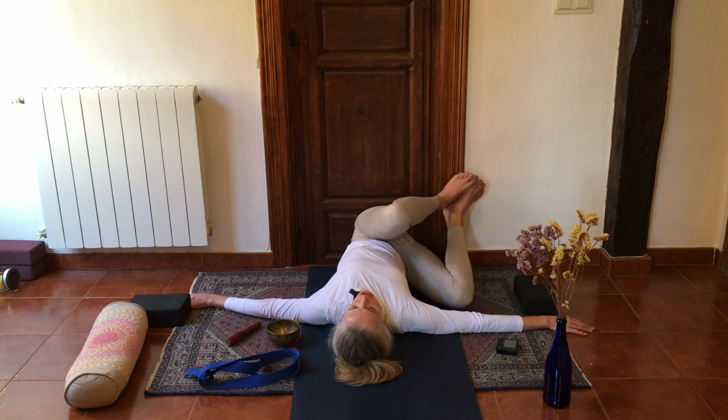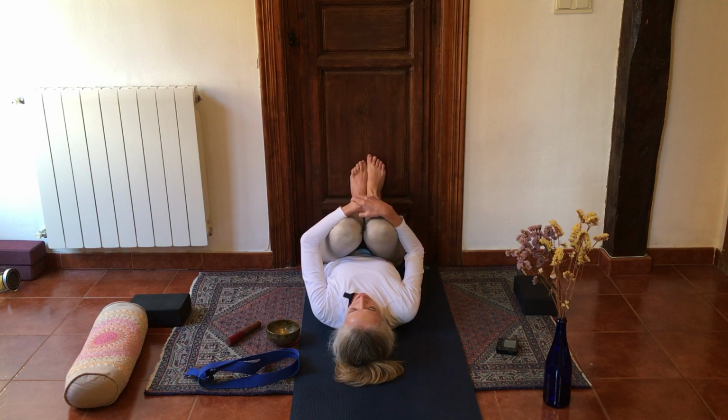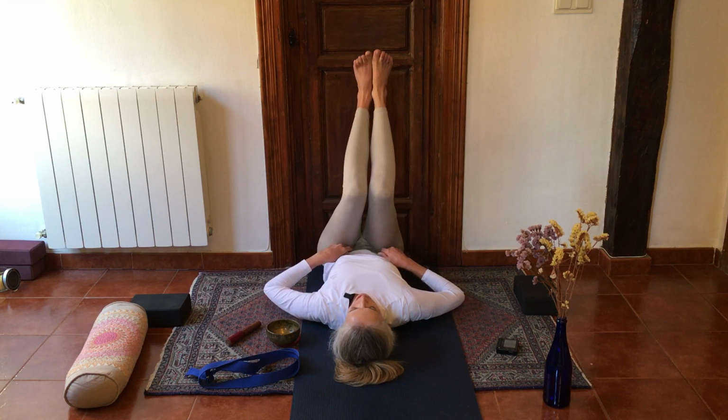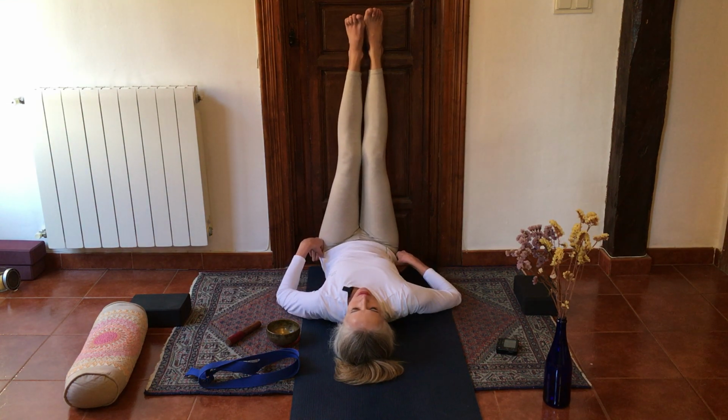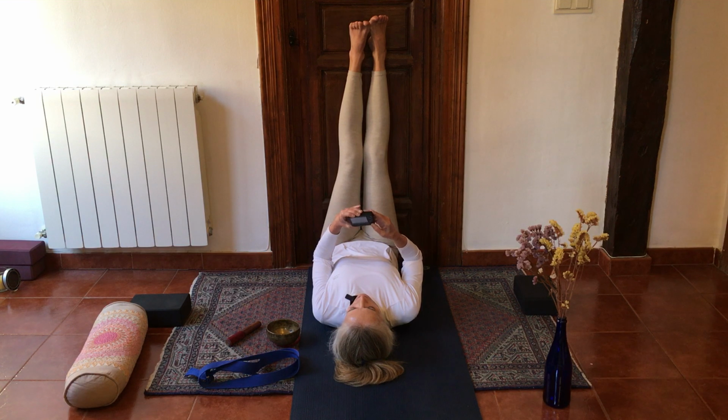So slowly bringing your knees towards your chest and hugging them in. And now we're going to end as we began, with the legs up the wall. So just get yourself into a comfortable position where your back is neutral,